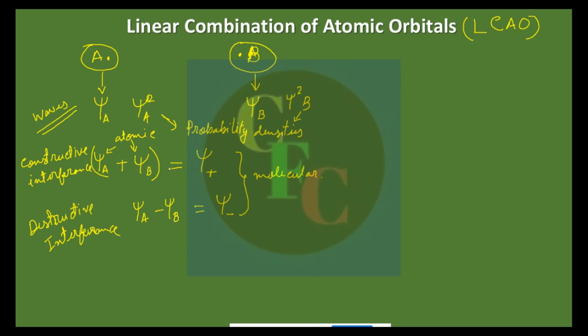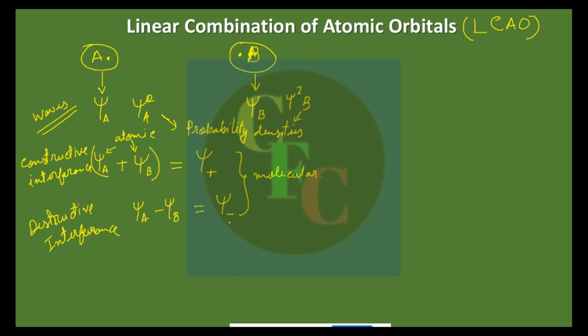If you increase the number of atomic orbitals, the number of combinations also increases, and if you combine n number of atomic orbitals, then you get n number of molecular orbitals, not one less and not one more, right? This is important to note. I forgot to mention it in the previous slide, but this is important and mark it. Okay, so we have got two molecular orbitals, psi plus and psi minus.